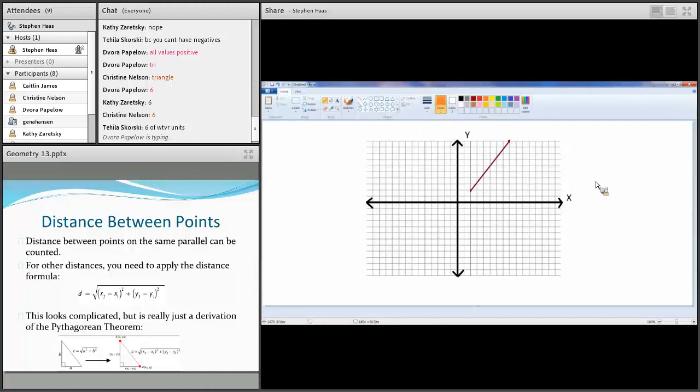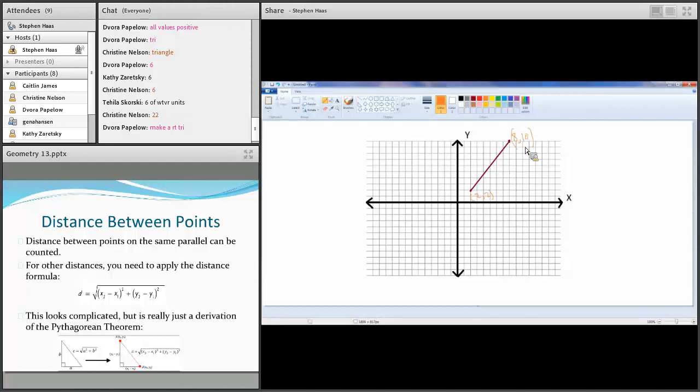Okay. To figure out a distance, you have to apply a formula that looks complicated, but in fact is extremely easy. I don't think it's 22. But first of all, let's take it one step at a time before we even apply the formula. Okay, this point down here is 2, and this point up here is 1, 2, 3, 4, 5, 6, 7, 8. 1, 2, 3, 4, 5, 6, 7, 8, 9, 10. And this point up here is 8,